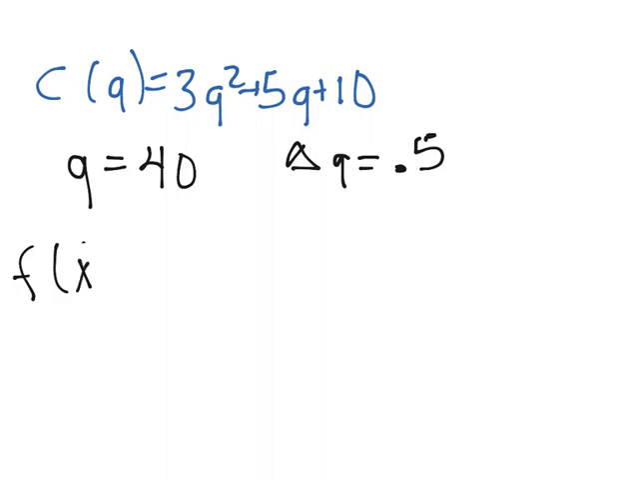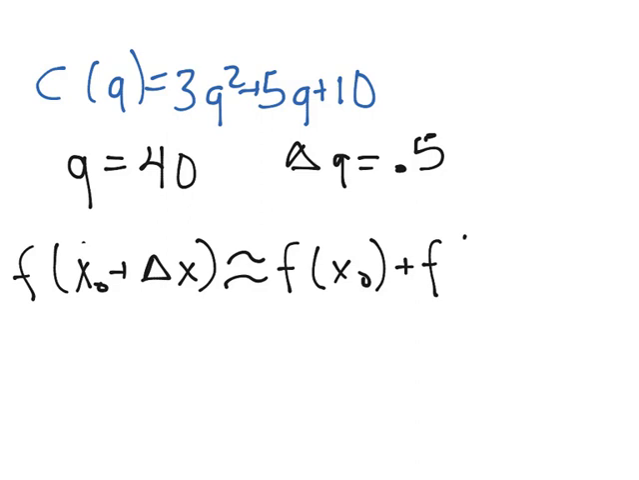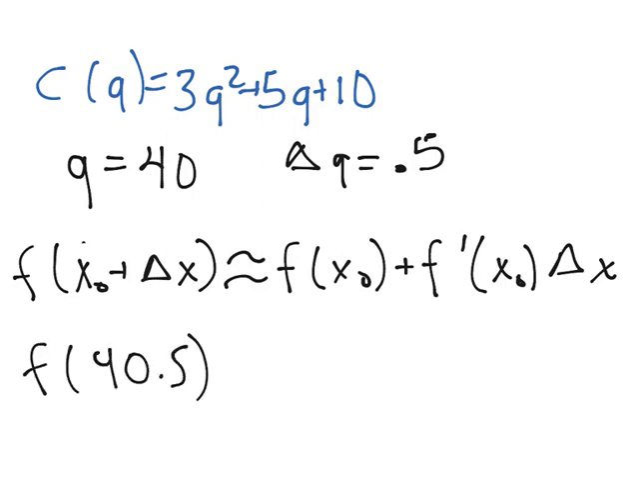So as you might recall, our approximation by increments is that f of x naught plus delta x is approximated by f of x naught plus f prime of x naught times delta x. And so by doing so, we find that f of 40.5, which is our x naught plus delta x,